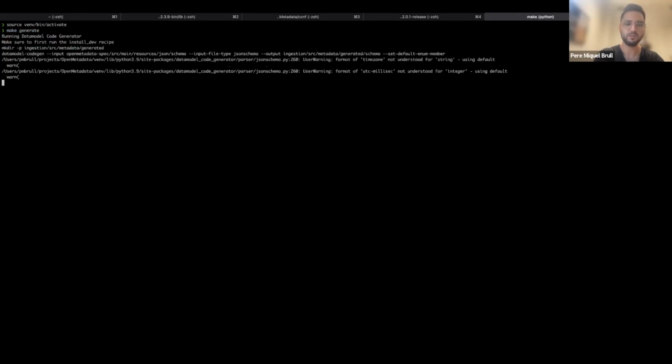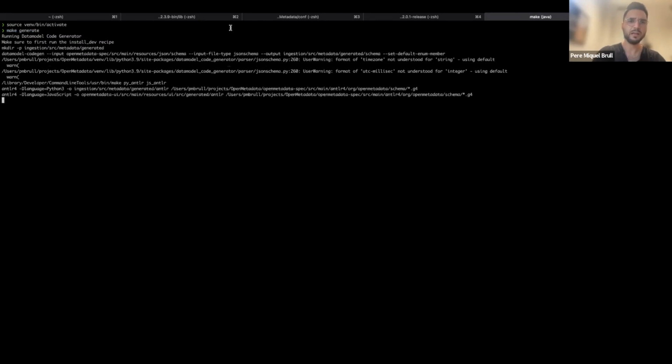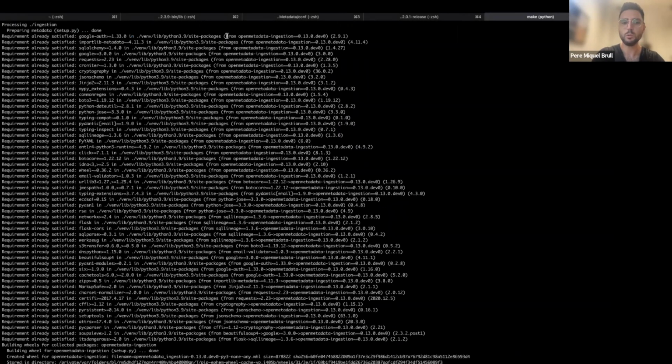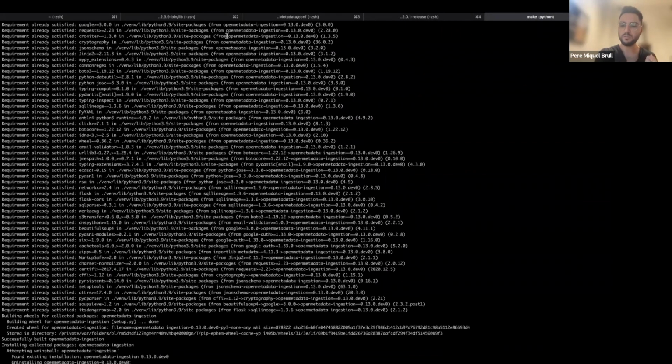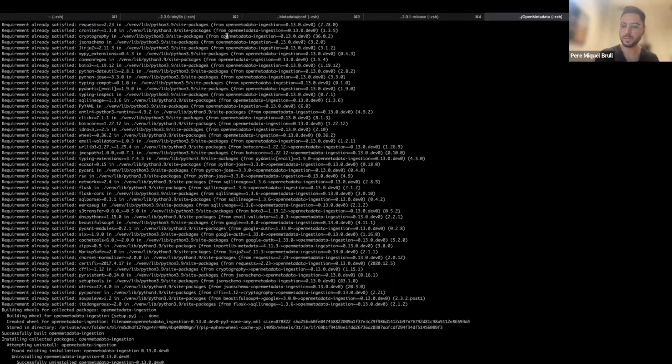And this is going to run a great Python module, this code generation tool that will take all of the JSON schemas and transform them into Pydantic models. And this make generate call is also going to install the ingestion package locally. Now that I have that, I'm going to skip one of the steps. I know that this is a bit of cheating, but I don't want it to take a lot of time here,